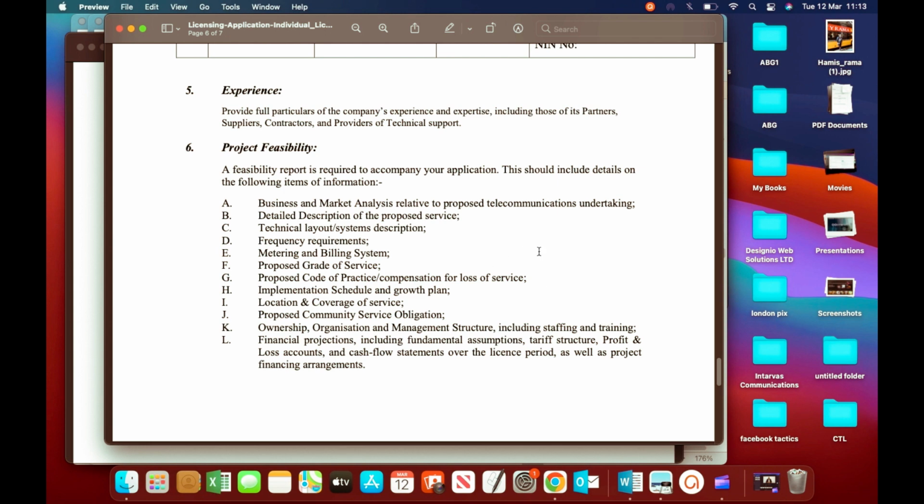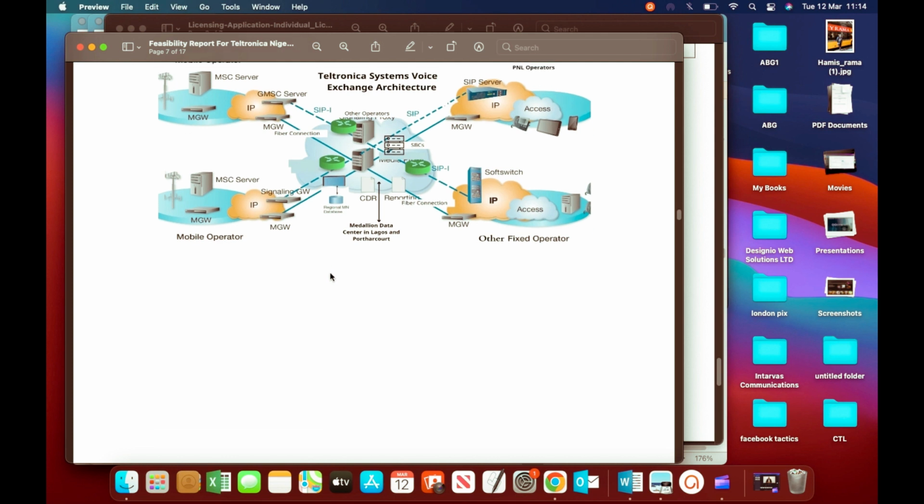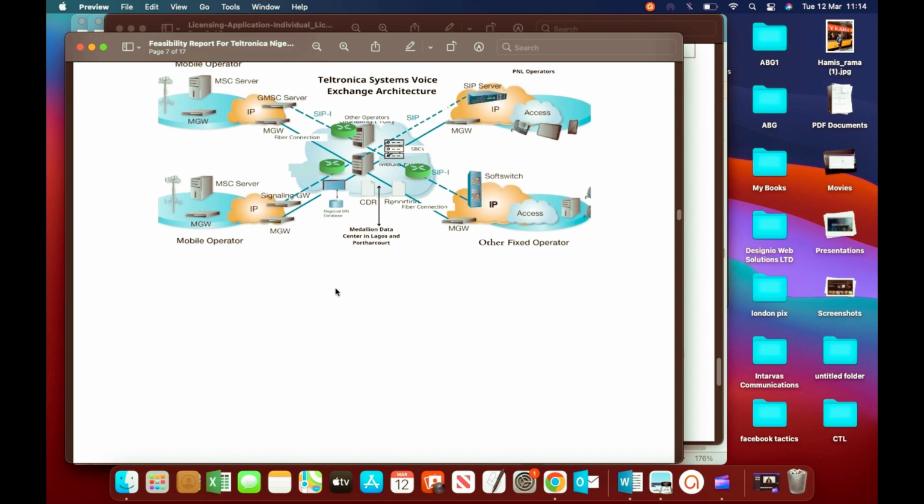This is a sample network design. You can see the mobile network operators here. You can see where the network, this is for a PNL, but this is not necessarily going to fly for any network. I'm just showing you how it typically is going to be, because NCC has seen this. If you try to use this, basically they are going to say, okay, where did you get this? Just the same thing I mentioned about referencing and copyright. You have to be careful. So this is how you're going to do it.